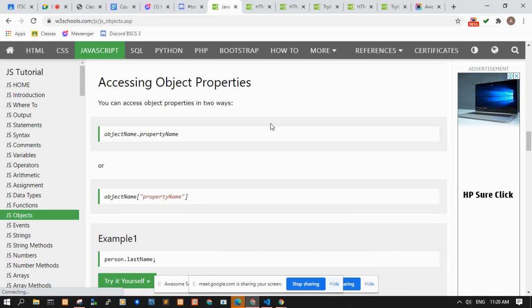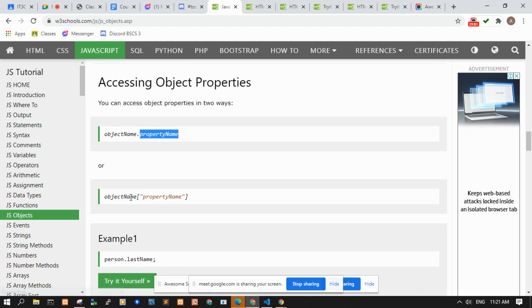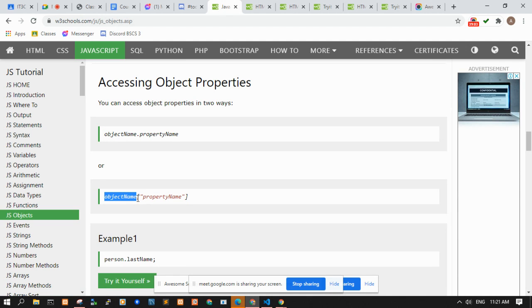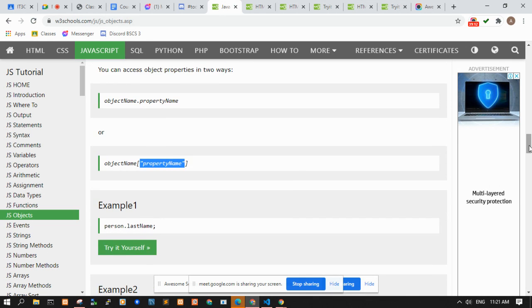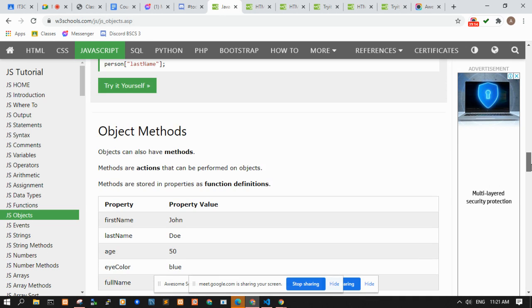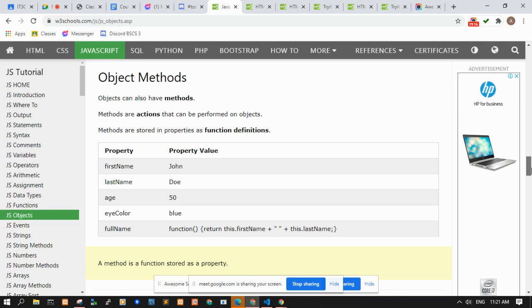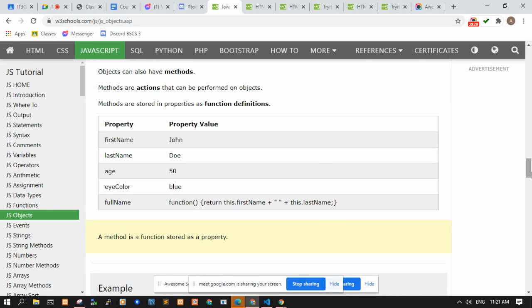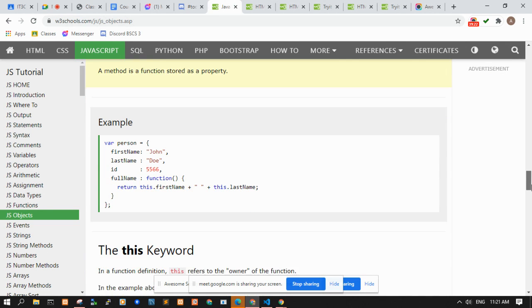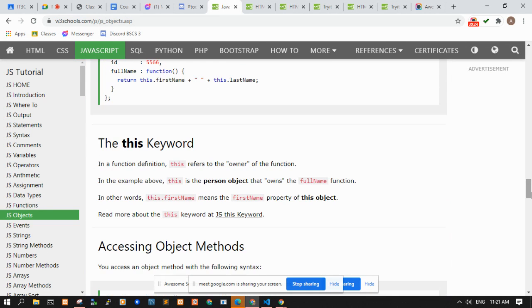So to access an object property, you just need the object name followed by the property name, or object name and then accessing the property name like this, just like an associative array. And you can use the for in, I mean the for of loop to loop through the keys of the object.